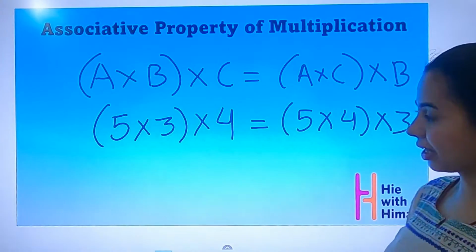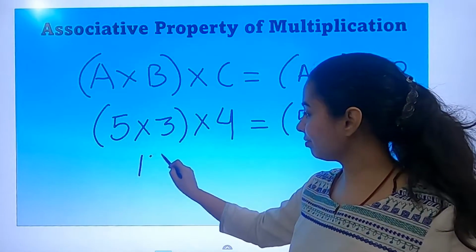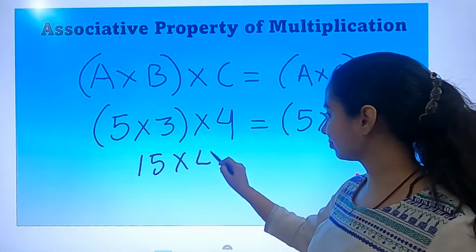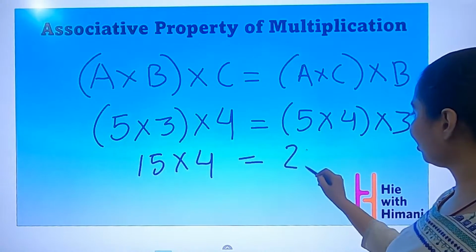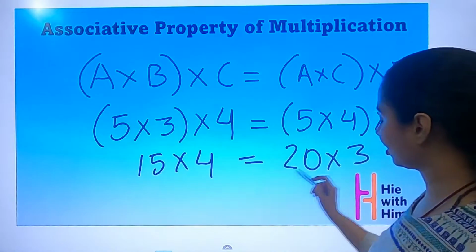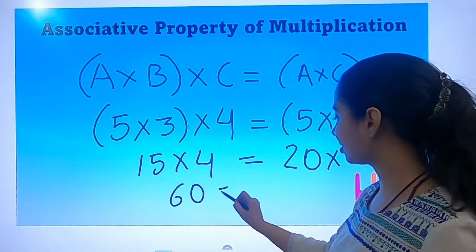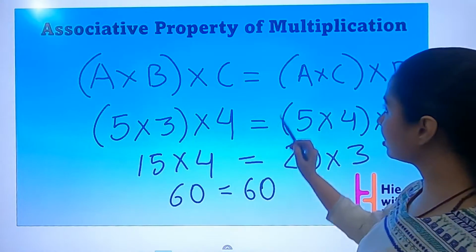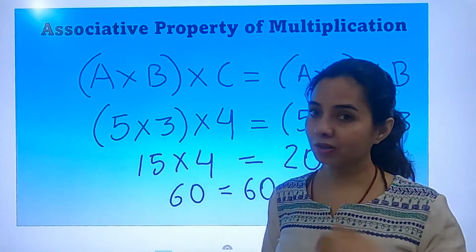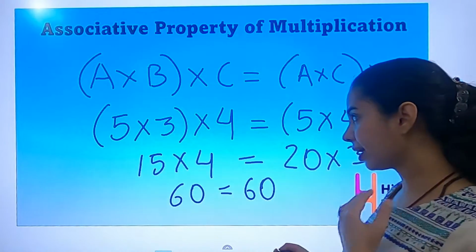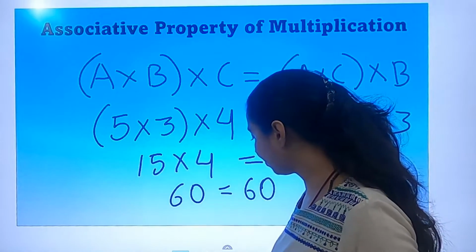Which one will you prefer to calculate? 5 into 3 is 15, 15 into 4 is 60. 5 into 4 is 20, 20 into 3 is 60. In both cases, the answer is the same. So this is the associative property of multiplication. Again, this is quite helpful